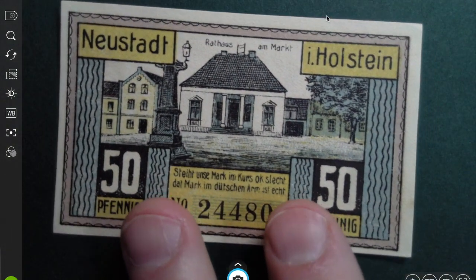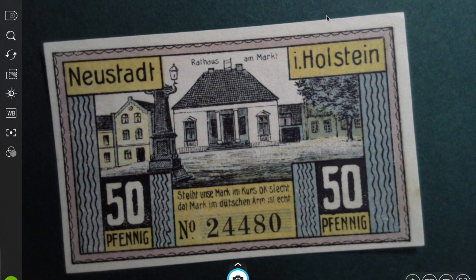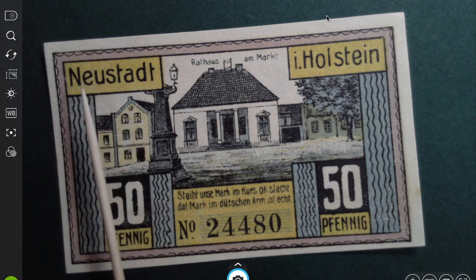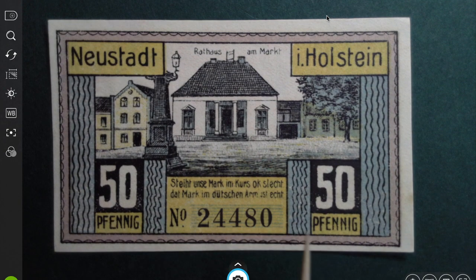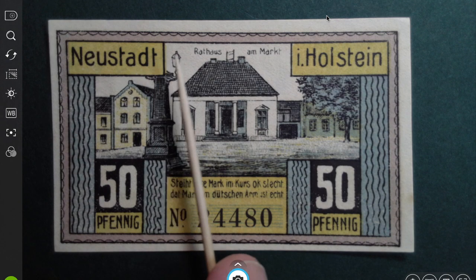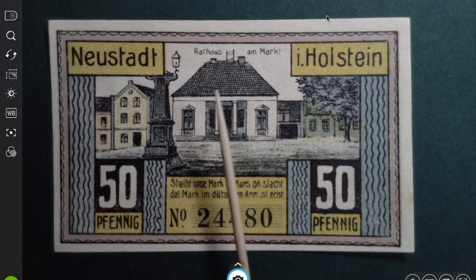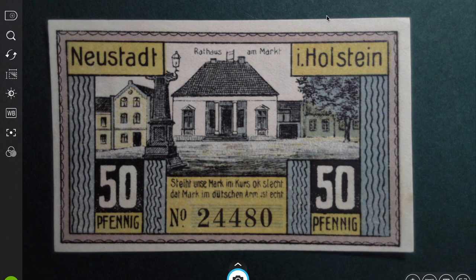Now this is a Notgeld from a town called Neustadt, which means new city, and it is also a German town on the Danish border. And up here we have a picture of a building, and it says Rathaus am Markt, which would mean town hall in the market square. And on the back, kind of humorous,